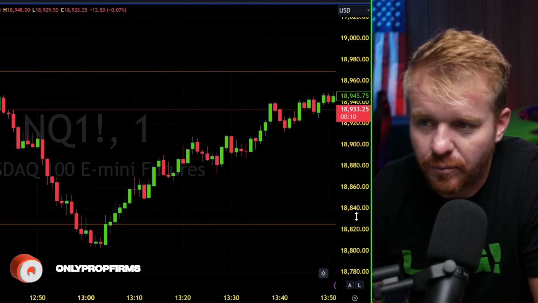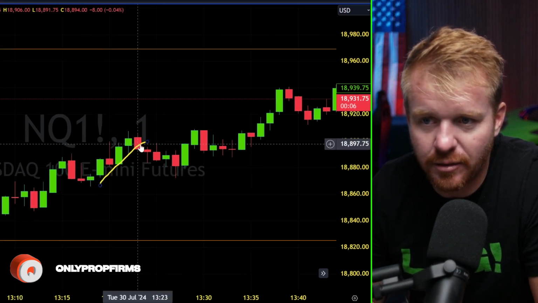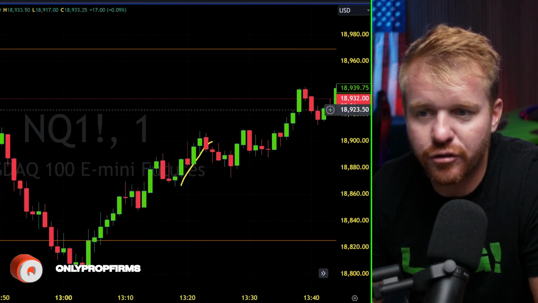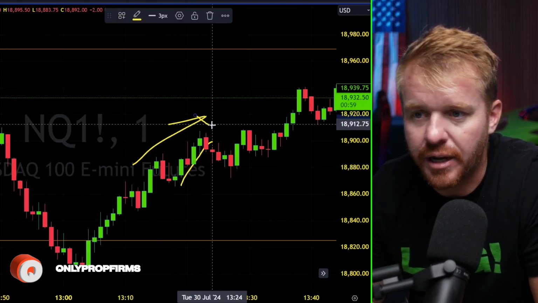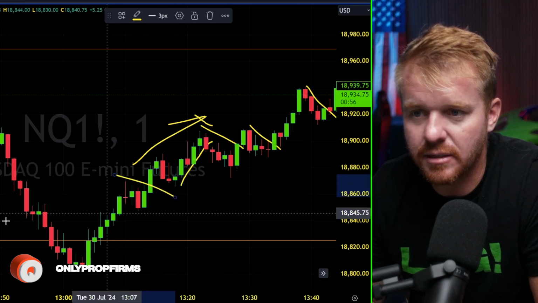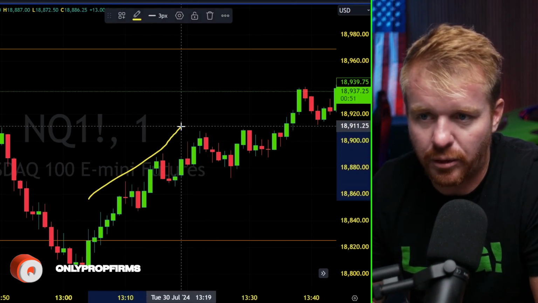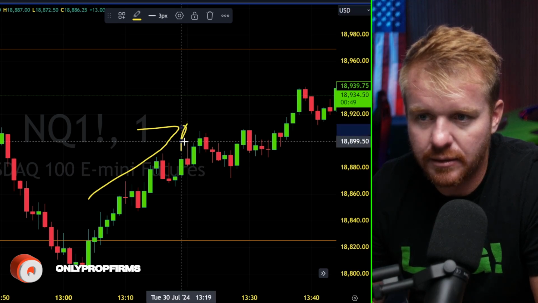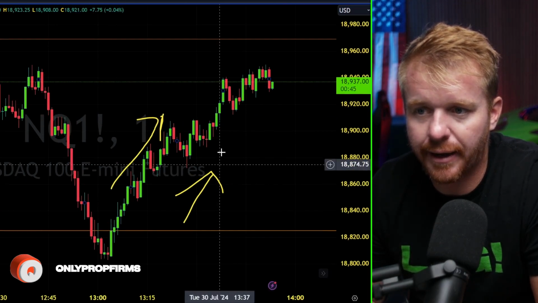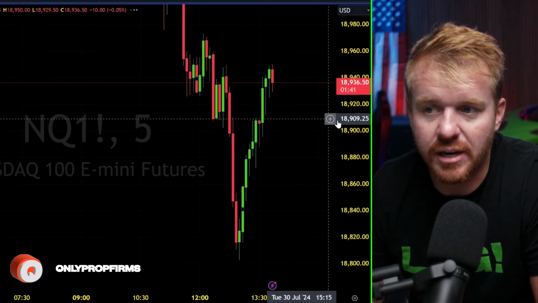I think this is a good example, right? We got this little breakdown bar right there, but that's not a flag. That's not our flag that we want. The trend right now is pointing up. So the breakout trades that we're looking for are these trades to the upside, not the breakout to the downside. It's pretty simple. If the trend is pointing up, like it is right now, on this push back up, there's no reason to take these shorts until something really gives us an idea for a break